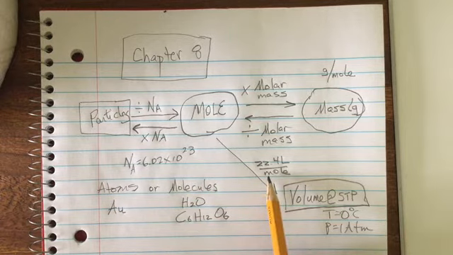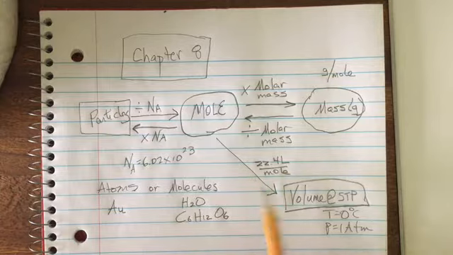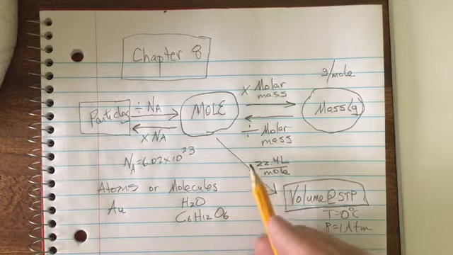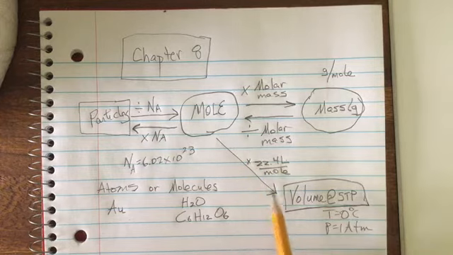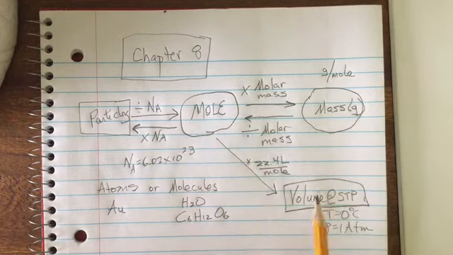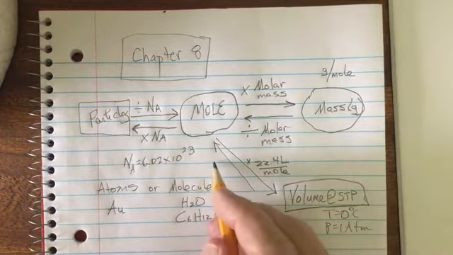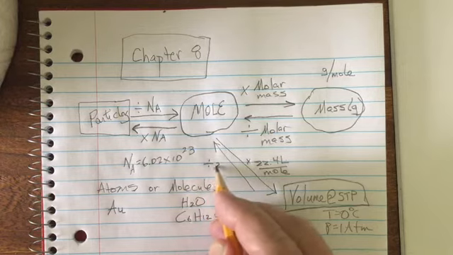Recall from the lecture, the molar volume of any gas at STP equals 22.4 liters per mole. So I can multiply by the molar volume if I know the number of moles to get the volume in liters. If I want to go from a volume to the number of moles, I divide by the molar volume